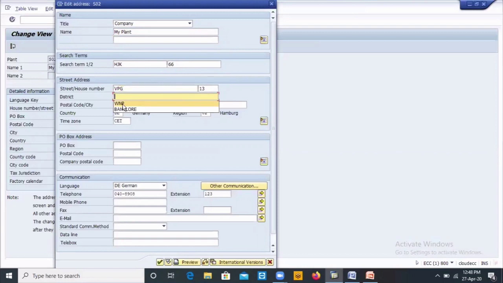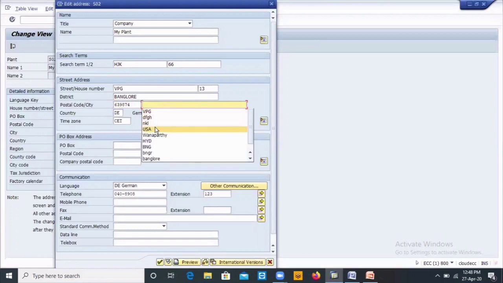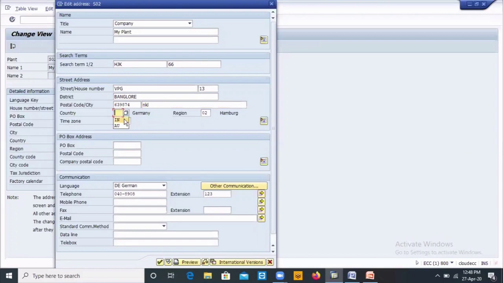District, okay. I will select Bangalore. The plant is in Bangalore, like that. We'll give a 6-digit postcode, anything. Country is India.